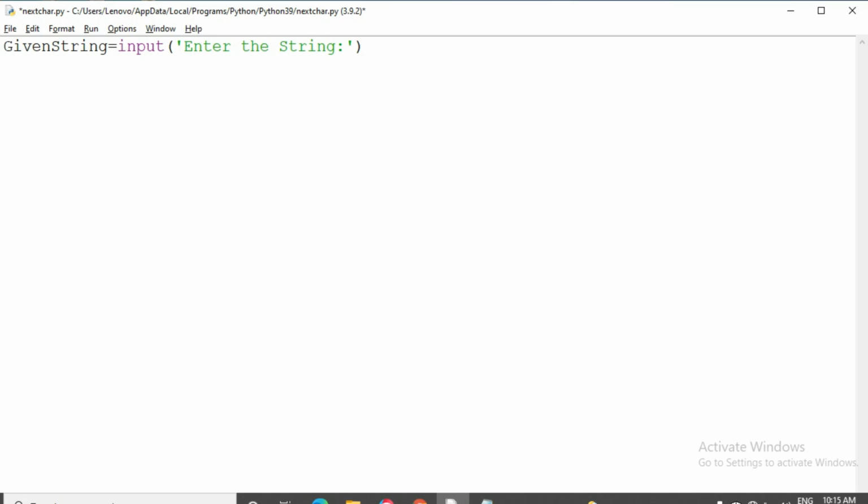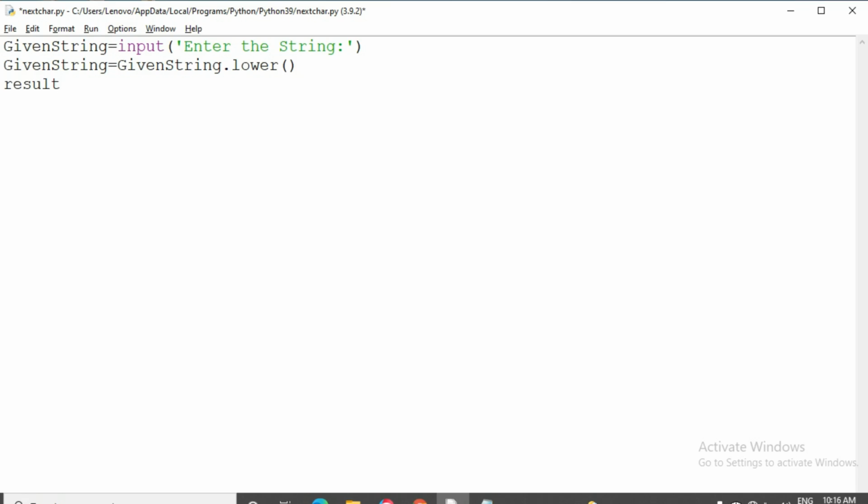Then I am going to convert the given string variable into lowercase format, because the user might have given this string in uppercase format, that we don't know, so we have to convert the string into lowercase format.